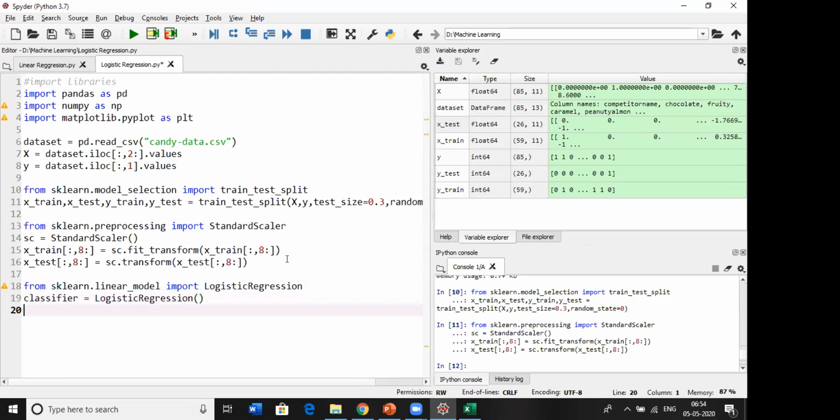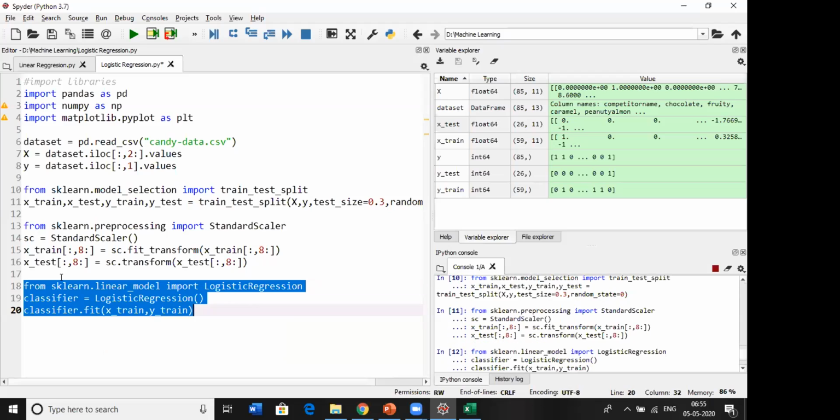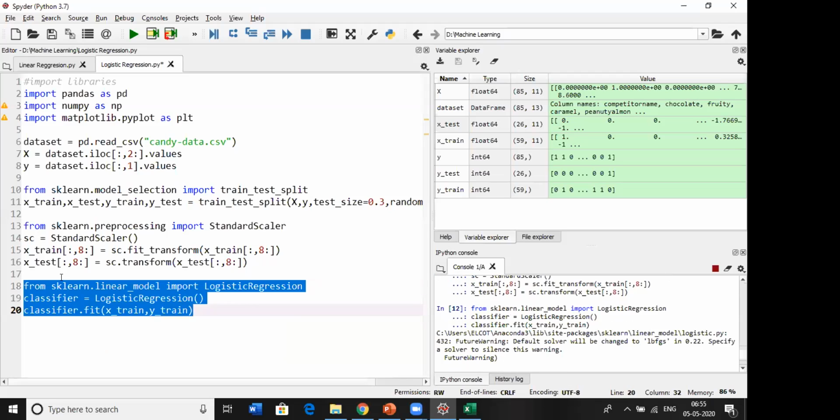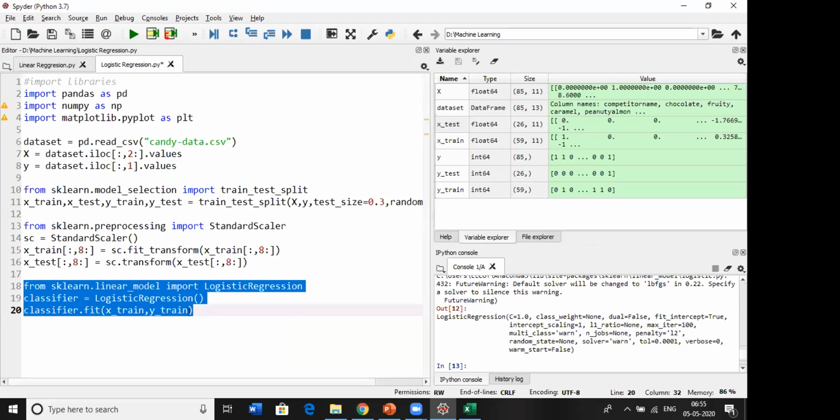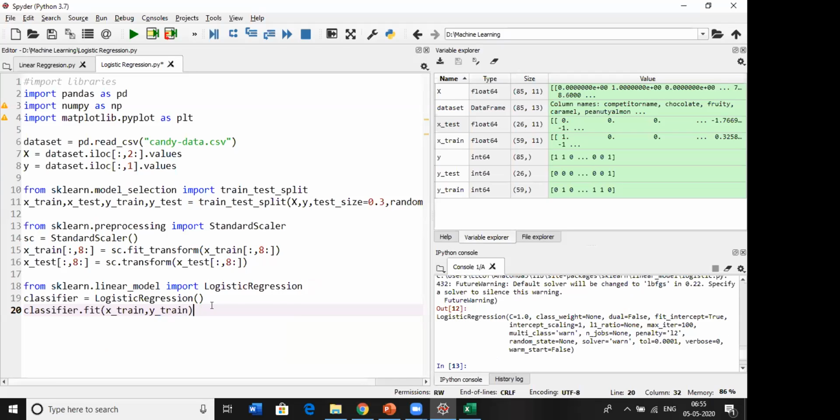We created the classifier. Now we need to fit the classifier to our training data set. So classifier.fit on X train and Y train, our training data. Let's select these three lines and run this. So we have successfully fitted our classifier to the training data set.